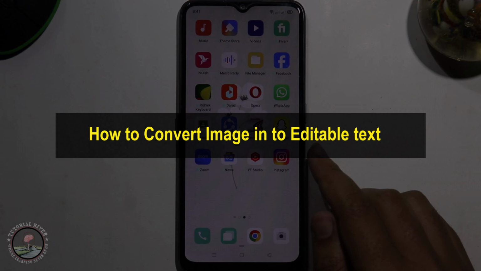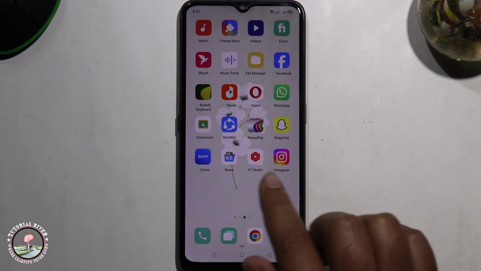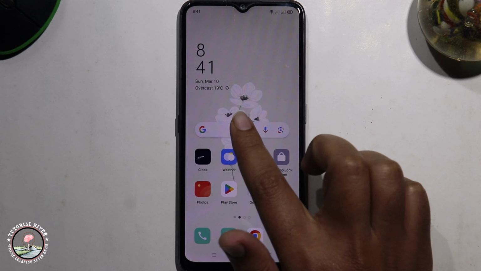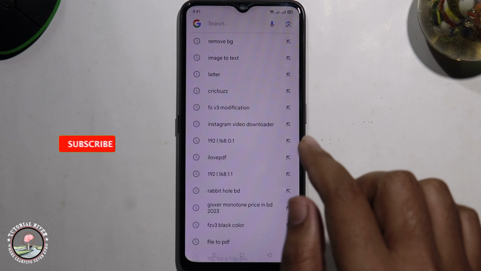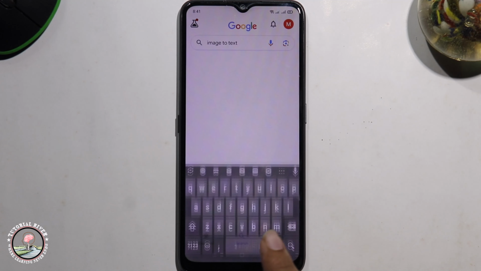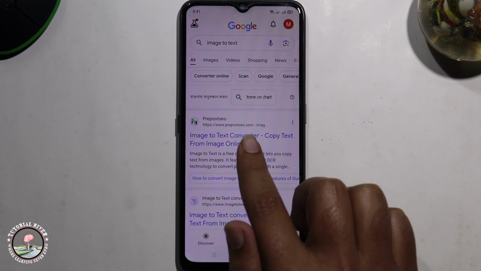In today's video I'm gonna show you how to convert image into editable text. So first of all, go to Google search bar, type here image to text, select the first option, go to link,